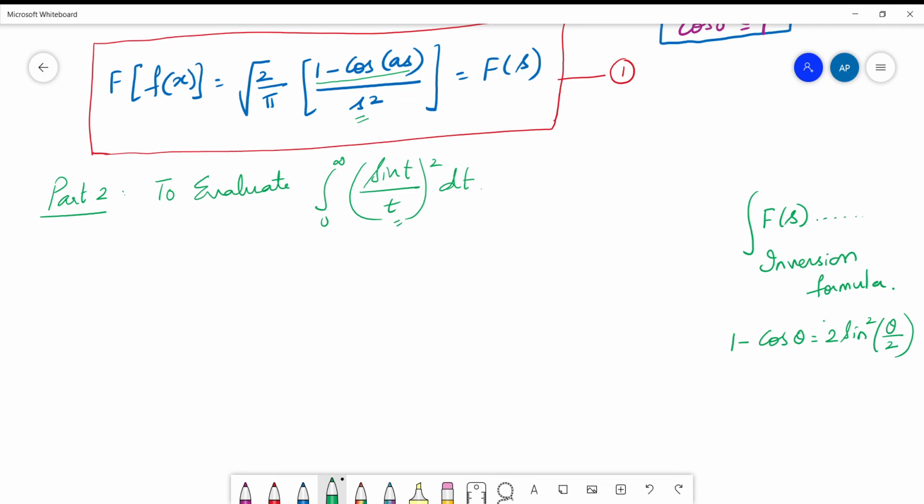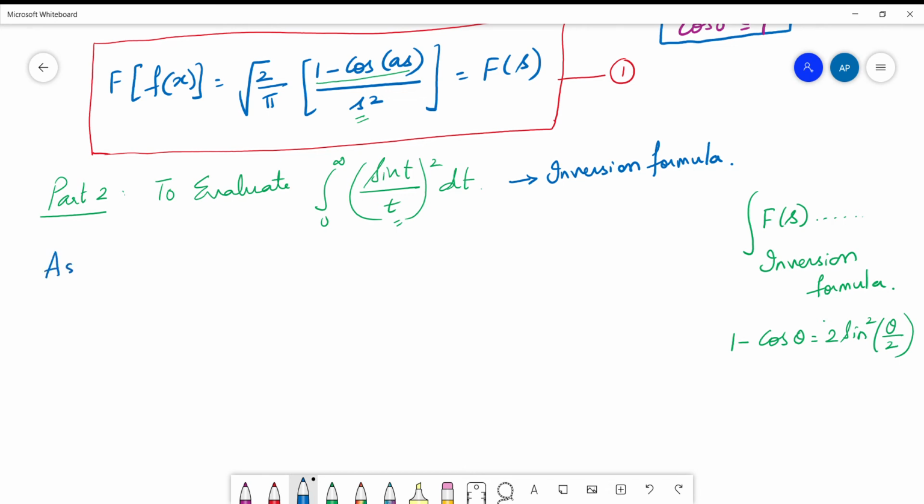So that means that this in the integrand is nothing but your F of s, of course with some constants which we have to manipulate later. But the structure, that is 1 minus cos theta generating sine square, is the hint we get. And therefore, the further confirmation is what can be applied to get this? Use the inversion formula, because this integrand is nothing but part of the Fourier transform that we got in equation 1.